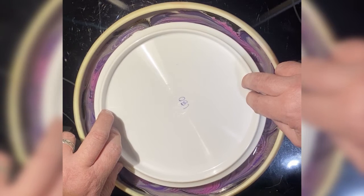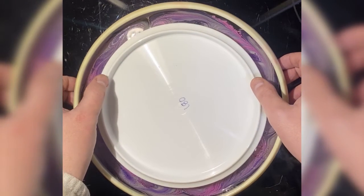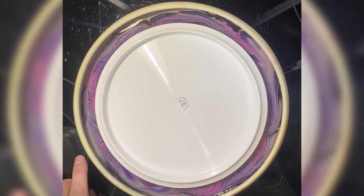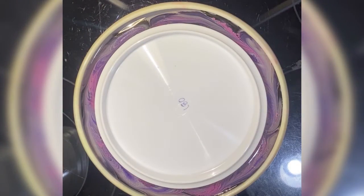Because if you drop it too quickly, you're going to get little pockets of air that get caught, and bubbles that you have to touch up later. I don't put any weight on my discs. I just make sure you've got glue that comes up and touches the rim, and then I leave it sit